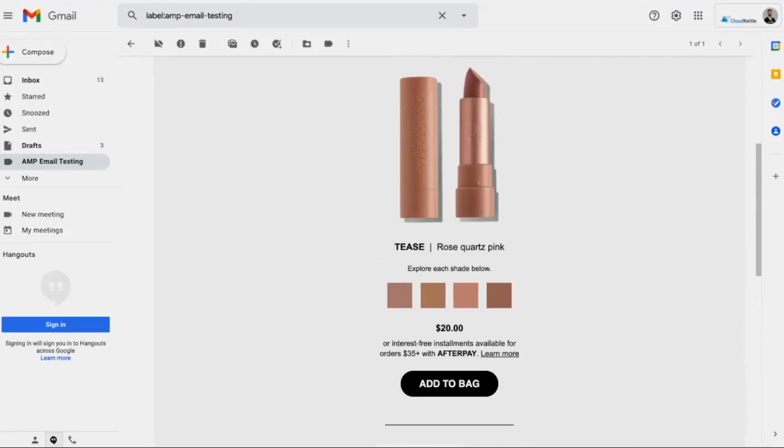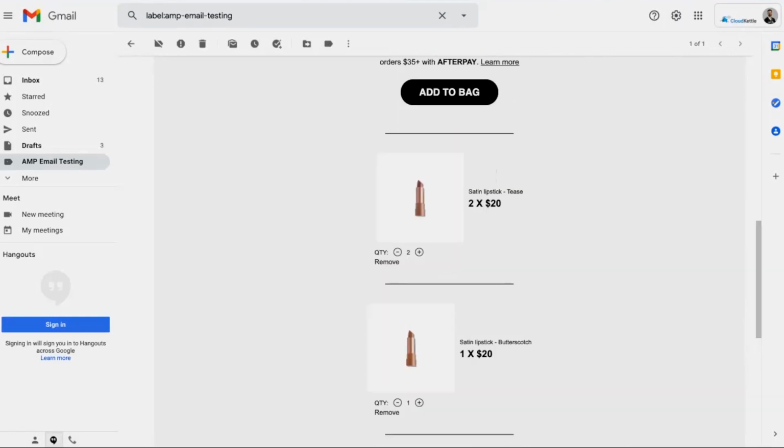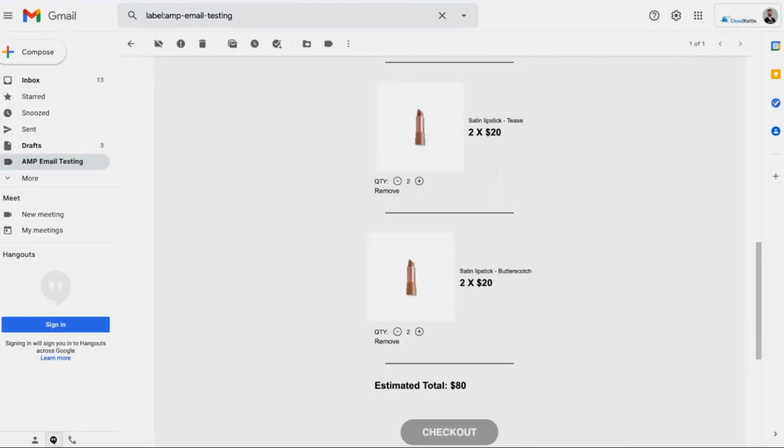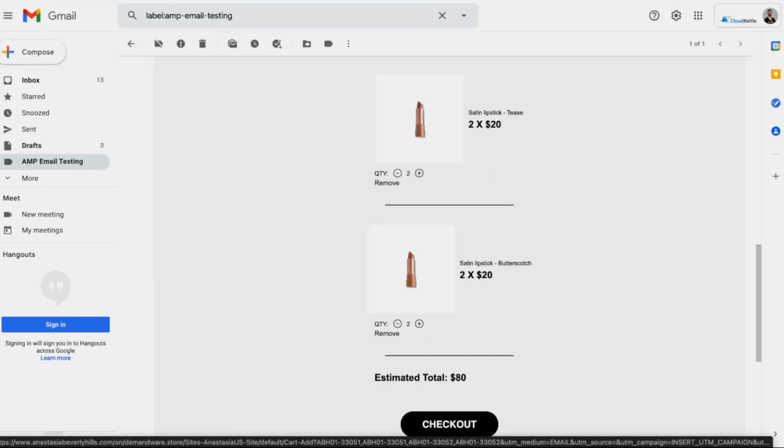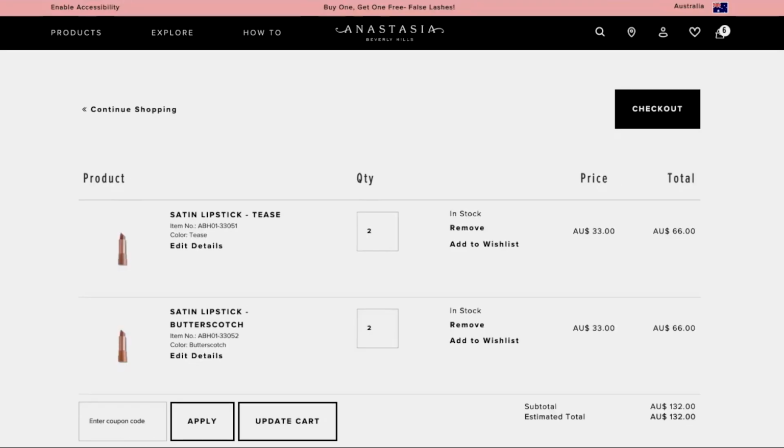So you can see in addition to the shades changing, this text changes as well. Where's butterscotch? I like butterscotch. I'll add that to my bag too, and I'll have maybe 2 of those. You can see as I'm making changes, I'm also performing math calculations directly inside my email to calculate the total. And when I click checkout, I'm directed straight to the e-commerce checkout page in Commerce Cloud, so I can go and complete my purchase.